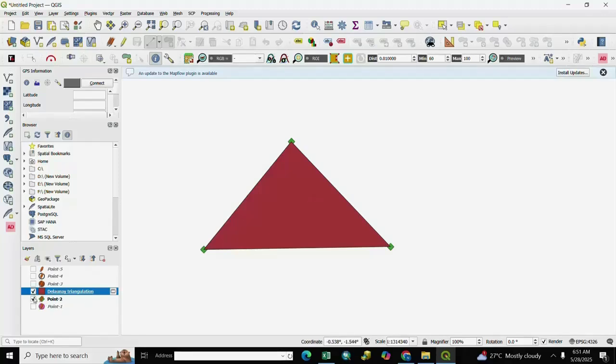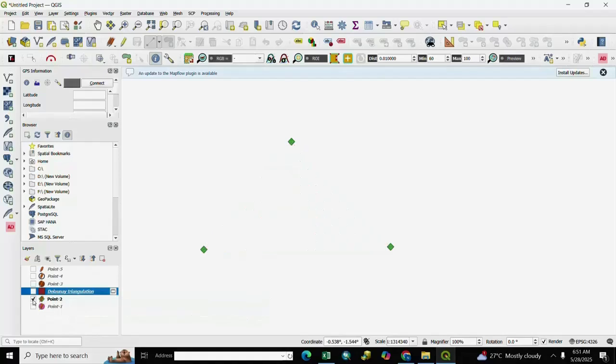For another set of points we select point 3, here is 5 points, with no center point, and we create a triangulation.